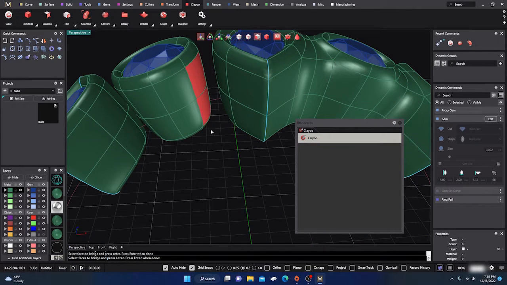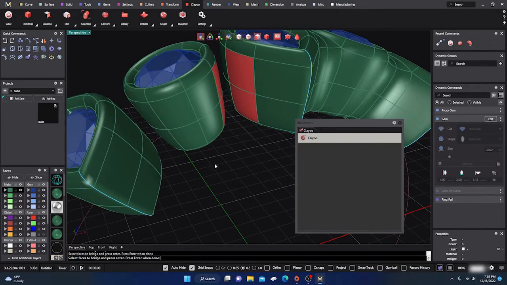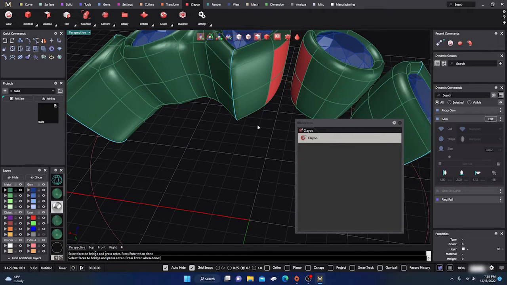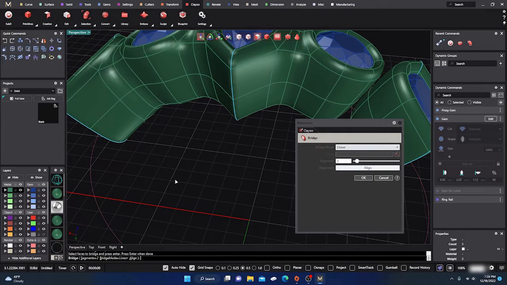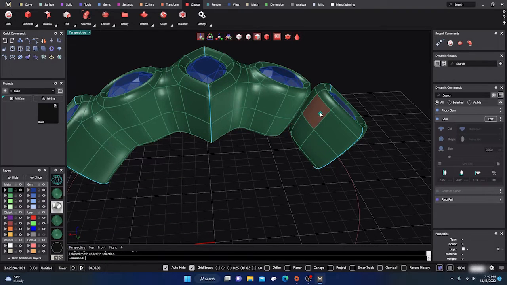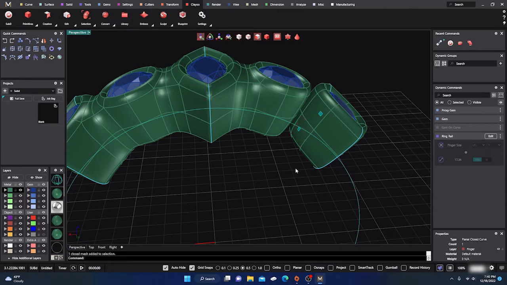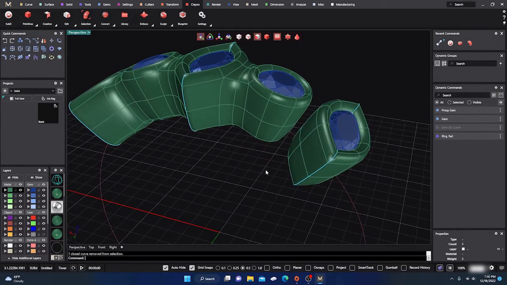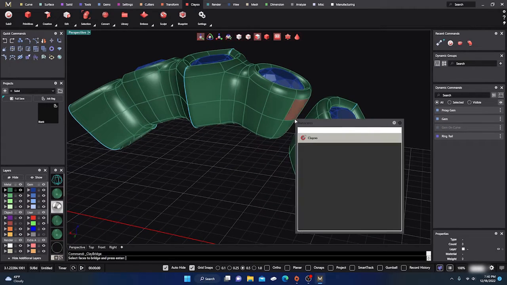This one, this one, this one, this one, this one, this one, this one, this one. Hit enter, and that looks good. Keep on going. This one, this one, this one, this one, this one. Get rid of that rail. I don't know, it keeps getting in the way. Okay, I'll back out of that real quick. I'm going to hide that rail. Yeah, get it out of the way. Okay, so